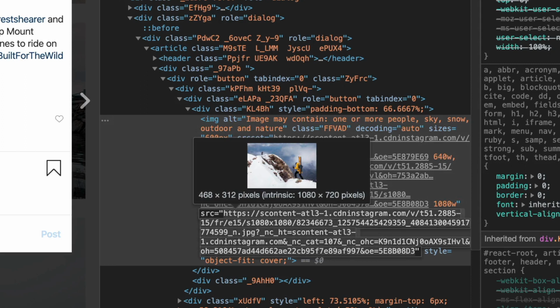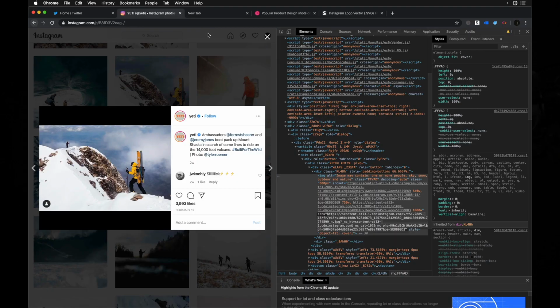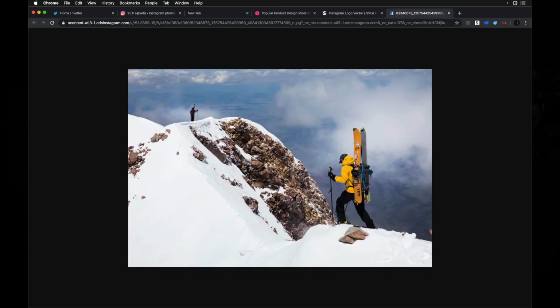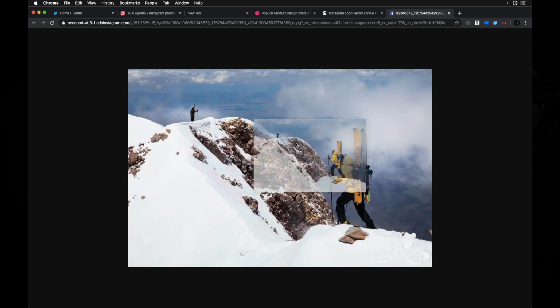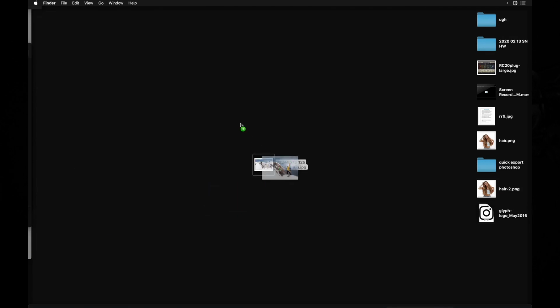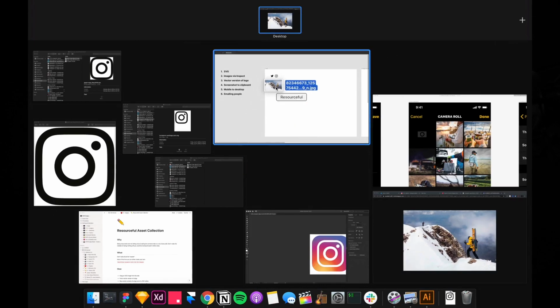And then once I've got that selected, I'm gonna hit Command C, come up here, Command V, Command Return to open in a new tab, and boom, look at that. Beautiful, full, big image right from their content delivery network. Now I'm just gonna drag this onto my desktop, drag it into Figma,